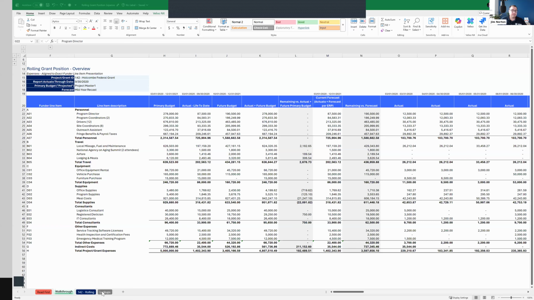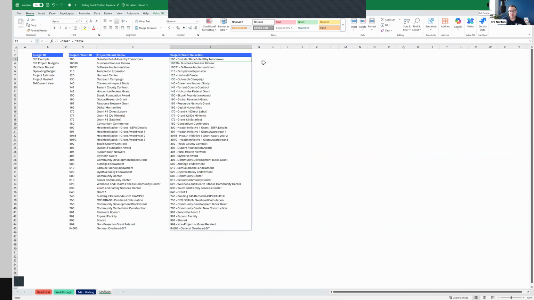Now, in our quest to make this more dynamic, there's a couple of additional strategies to cover here. On the lookups tab, which as I mentioned is a good recommended best practice, I've got some listings from Sage Intacct. I don't want to keep manually maintaining my list of budgets, my list of projects, and I shouldn't have to because Velixo is going to automate that. So I spoke about the usefulness of a tab like this before. All this information you're seeing is direct live from Sage Intacct. For example, my list of budget IDs, my list of project IDs.